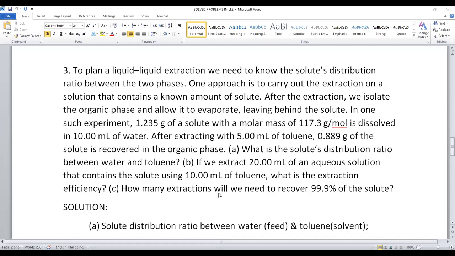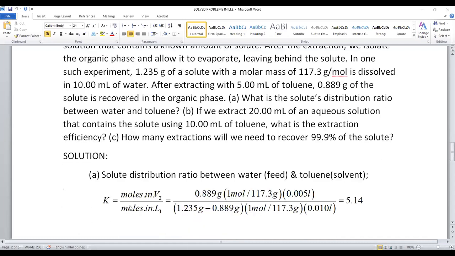We call that the solute distribution ratio, or the one that is referred to as the distribution coefficient. So take note of this particular solution. You use the extracted amount of solute, the one that was extracted by the solvent. In that case, that's the 0.889 grams. You use